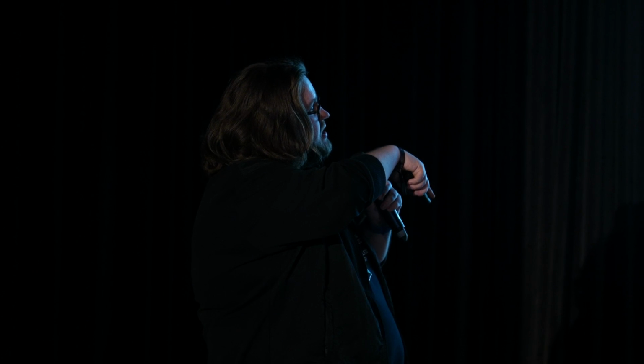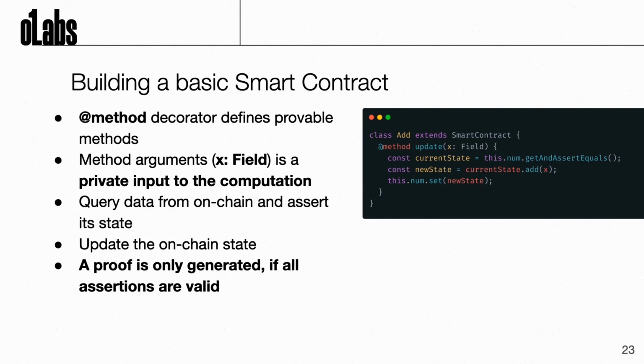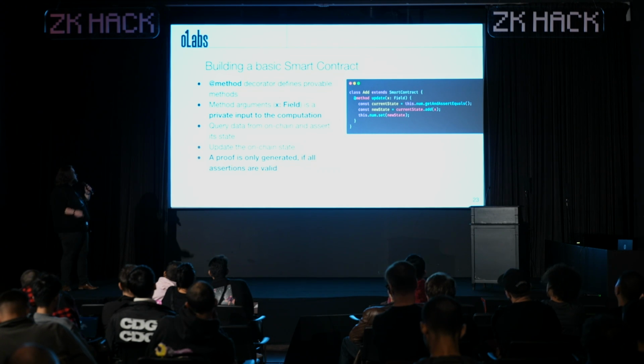It's important to mention that all the inputs into the method, here for example the x of type Field, are all private. These data types and inputs stay private on the user's machine in the browser. They do not become publicly visible when the transaction and the proof leave your PC. You have access to on-chain state: you can query it, you can get it, you can make assertions with it. You can then add to the on-chain state and finally set the on-chain state using the .set method on the object.